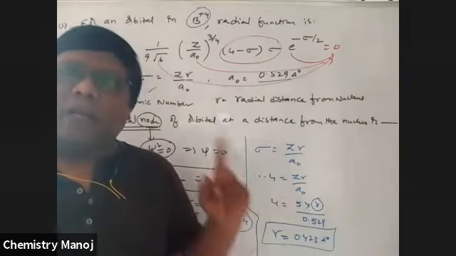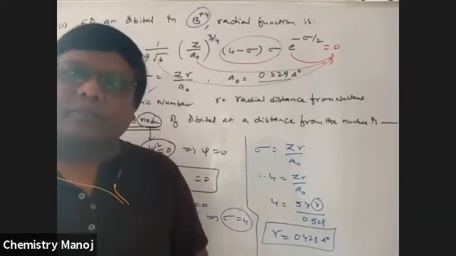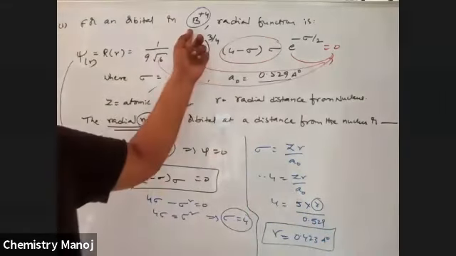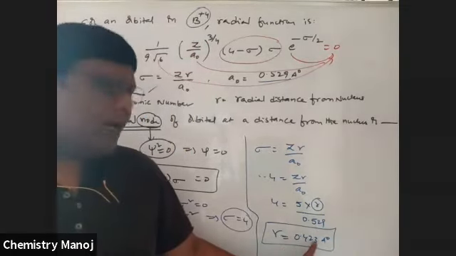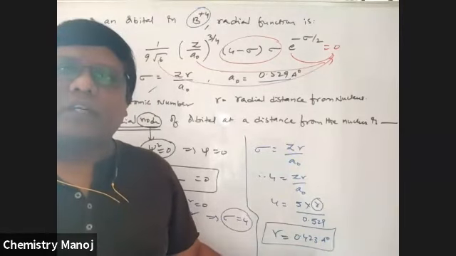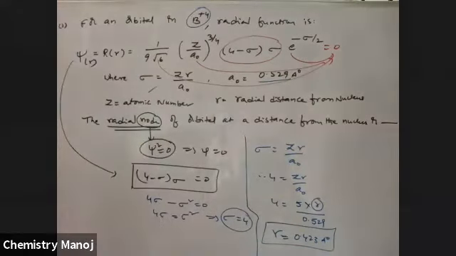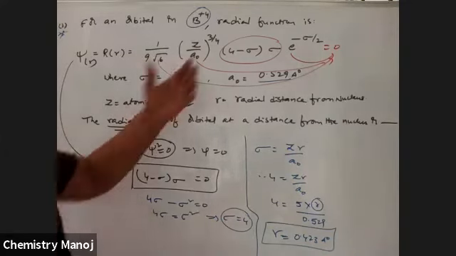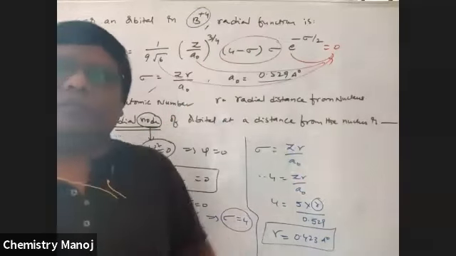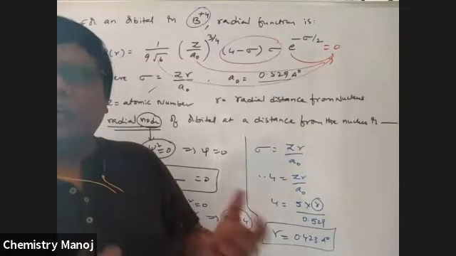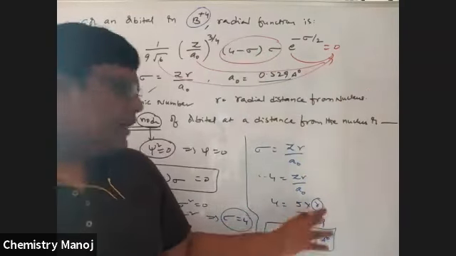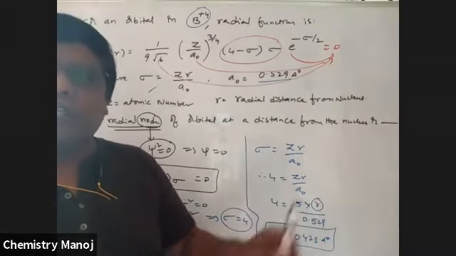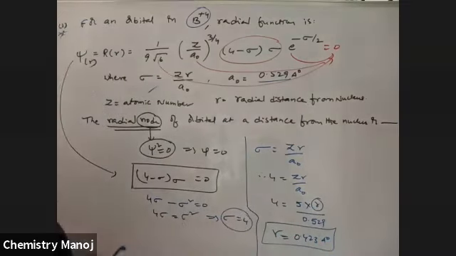For 1s orbital, I calculated there 0.538. But for boron plus 3, the node is at a distance of 0.423 angstrom. So this is a very, very important model, dear boys. Please keep in mind, whatever the function given to you, take it as 0 for nodes. Except the required quantity, remaining all becomes 0. From that, calculate that R value. That is enough for you. Okay. Next.